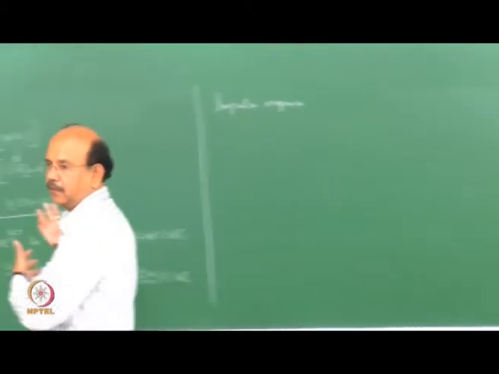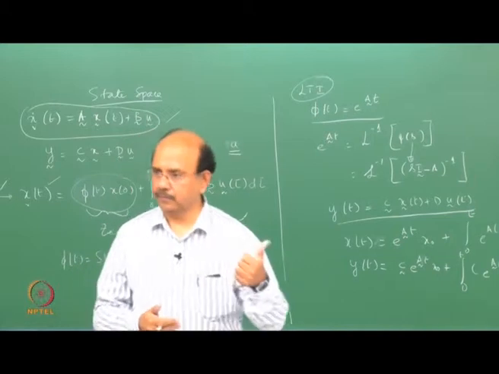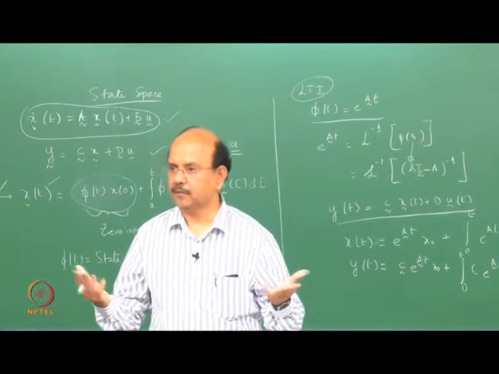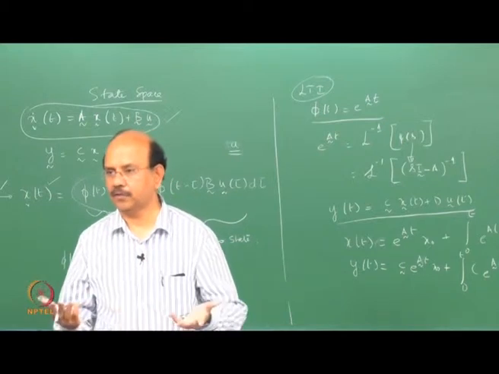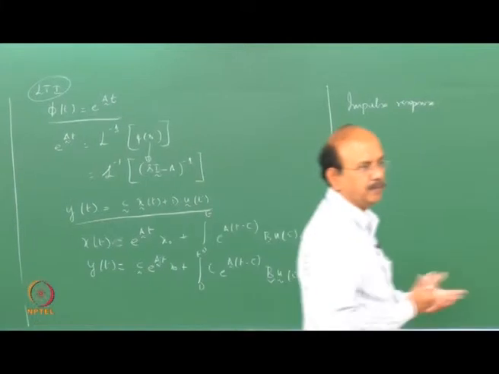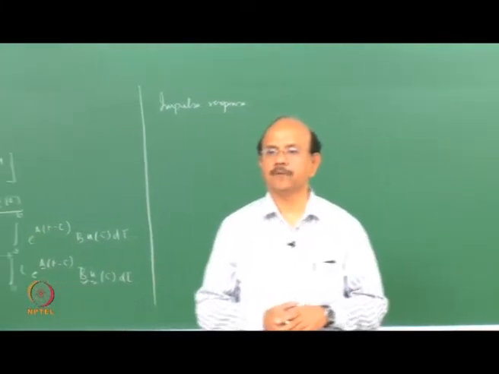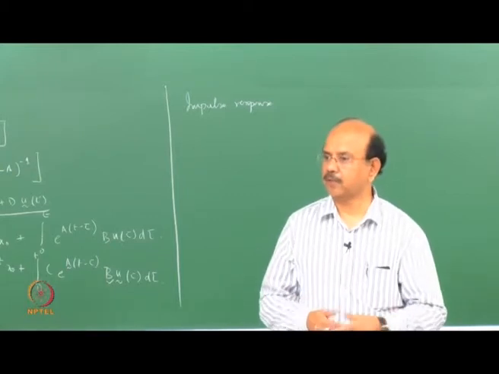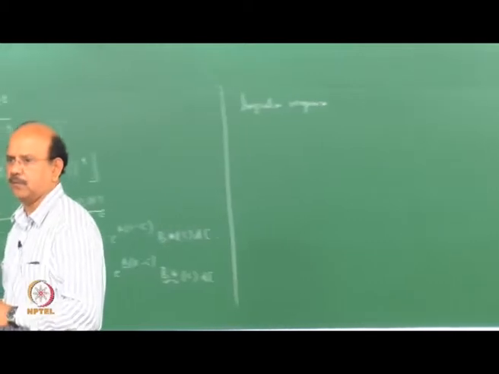because the Laplace transform of an impulse is what? Unity, okay. So directly we can get the transfer function. If the Laplace transform of the impulse equals 1, then you can easily find out the transfer function and so on. Okay, let's not repeat that. You know those things already.